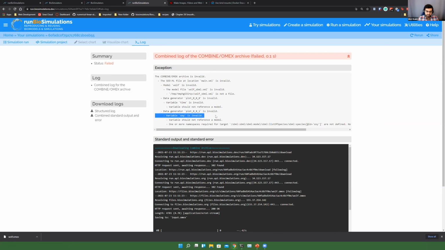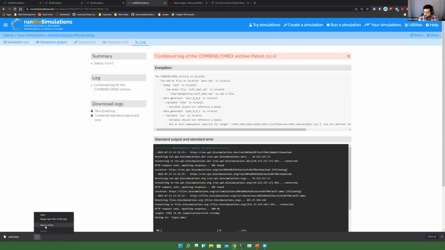So older models that have been uploaded to BioModels, for example, may actually have incorrect adherence to these standards, and there might be something that causes issues. So when I try to run this, I get an error. It tells me the Combine archive is invalid, and the reason it's invalid is because this file doesn't really make sense. This is not a file that actually exists.